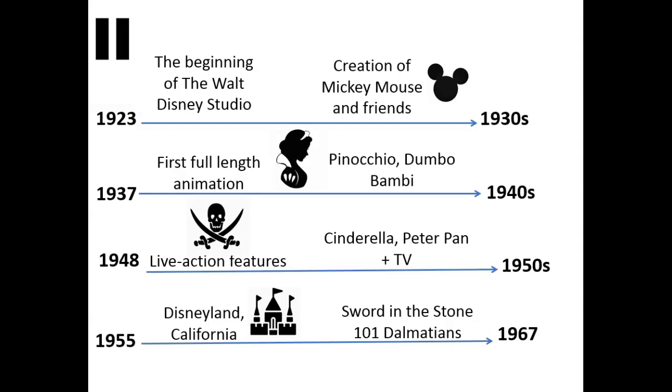So we can see here that by the time we get to looking at The Jungle Book, Disney has already quite a long history as a highly successful and specialised institution that's focused on creating very high quality animated movies, but has also begun to branch out into television and diversify into theme parks by this point as well. So it's a well-known and popular brand by the time that The Jungle Book is released.